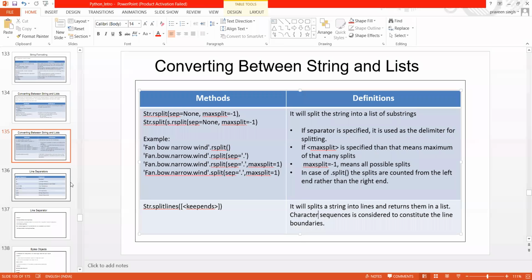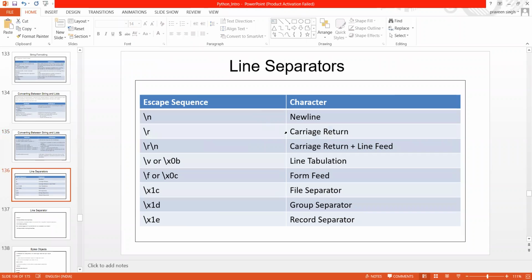First let me touch upon line separators. I don't know how many of you followed my very beginning lecture, but I clearly specified what a line separator is and what escape sequences are. If somewhere in a string I specify backslash n, that means new line.